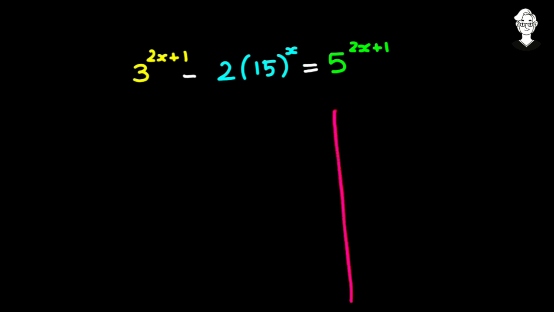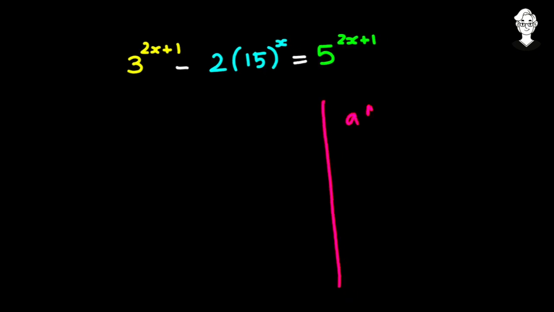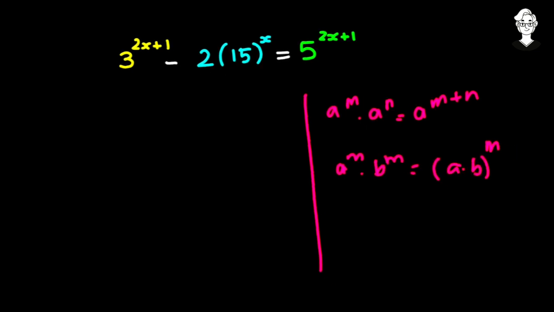Now the exponential rule says that a to the power m into a to the power n would be a to the power m plus n. The bases are same, their powers are added. The second rule is that if the bases are different, a to the power m into b to the power m would become a into b to the power m. And similarly with division, here we can see the powers are same, bases are different, so it would form this. This can be converted like this, or this can be converted like this.